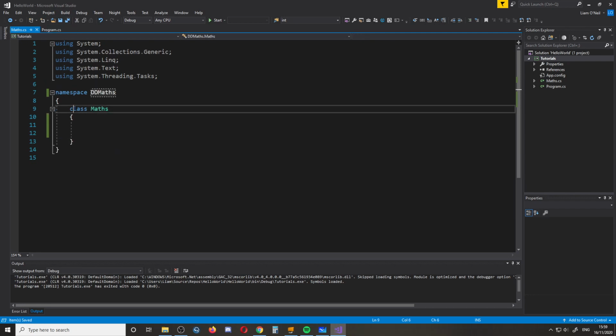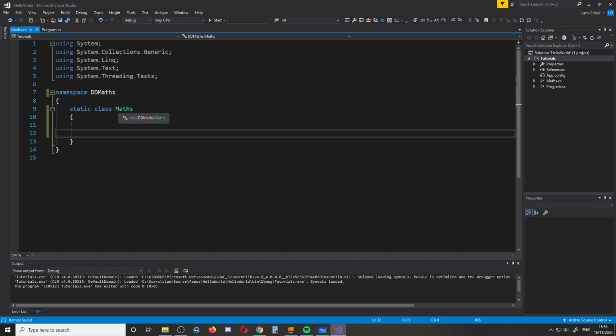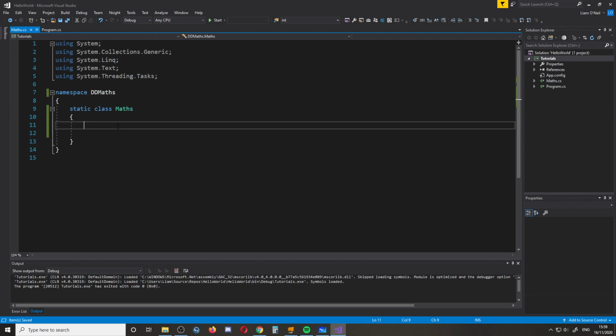Now what we're going to do is we're going to make this a static class. Now the reason we're going to do this is, as we've discussed previously with static classes, static means that there's only going to be one. So that means that when we are including this DD maths, we can then use maths directly anywhere else. Now, that might sound a bit confusing, so what I'll do is, just to make things clear, I'll add a